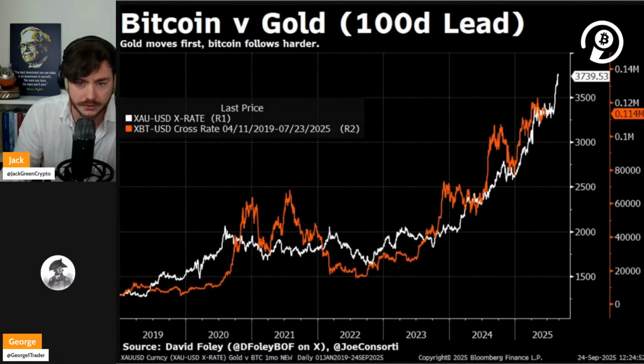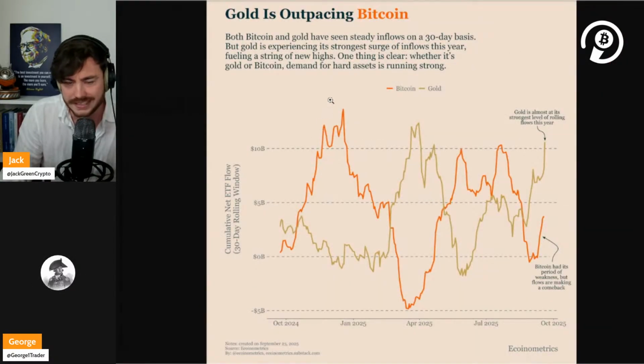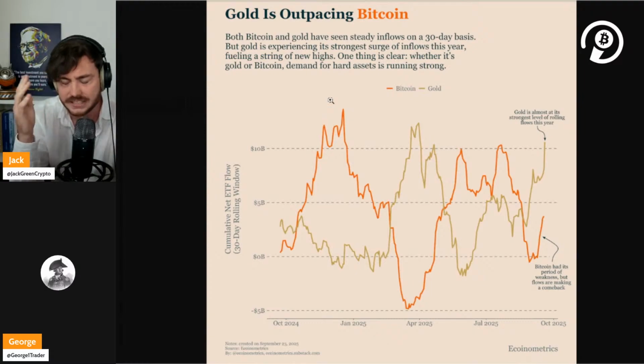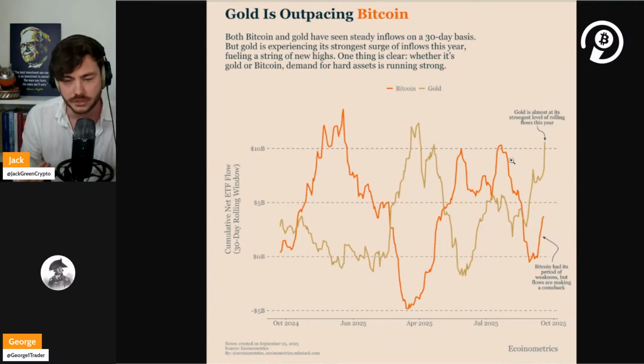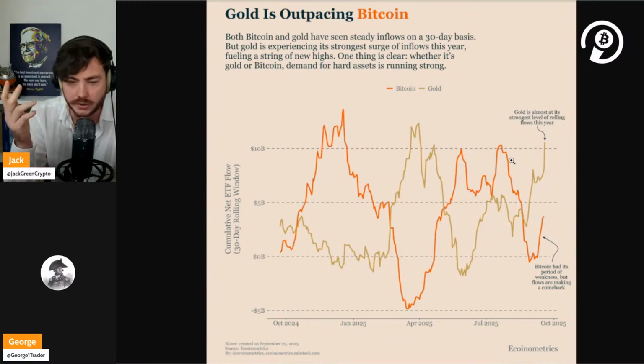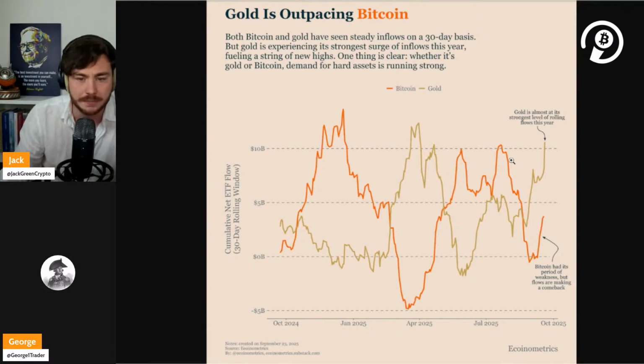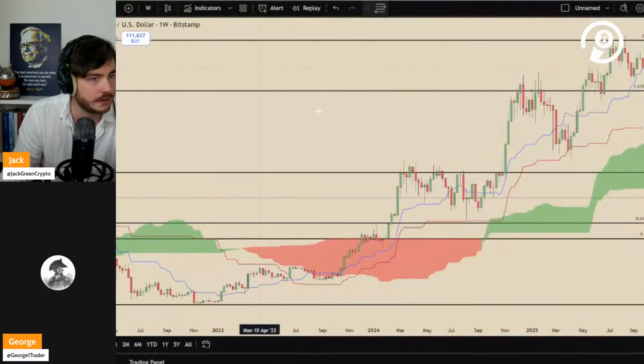Nice. Yeah, here you see it. As you can see here, it's also not new that Bitcoin and gold don't move at the same time. You always see either Bitcoin goes up and then gold goes down, or the other way around. And now it's the other way around, because they take liquidity from each other, because they're both a monetary inflation hedge. So it's normal that they don't move at the same time. Let me go back here.